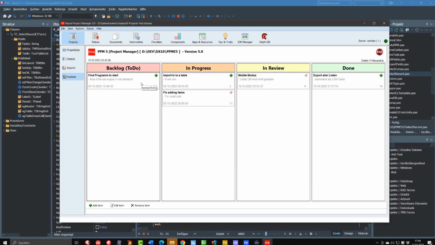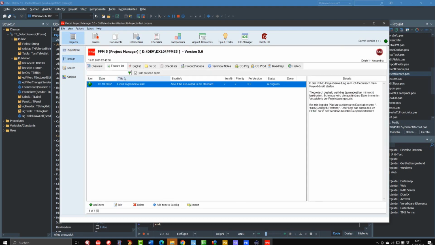And if the status has changed, you simply use drag and drop and move this item to the other list. And if it's done, you can leave it here for a moment, or you can also select this item and say remove item from Kanban board, and you can also say remove item and mark it as finished. So then it will disappear here, and if we check in the detail list, then we